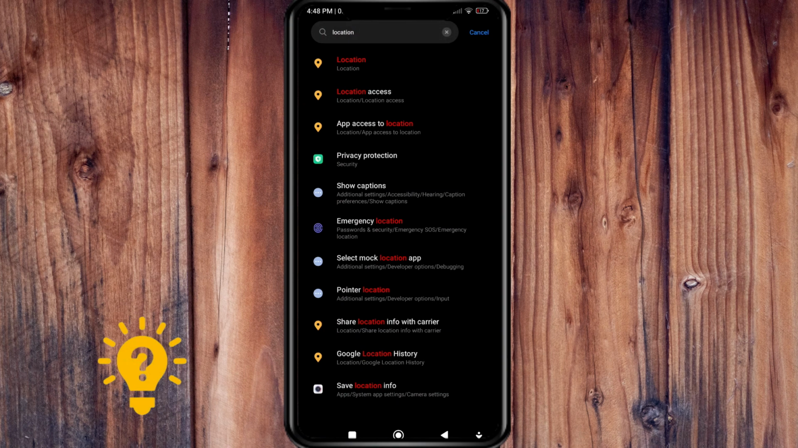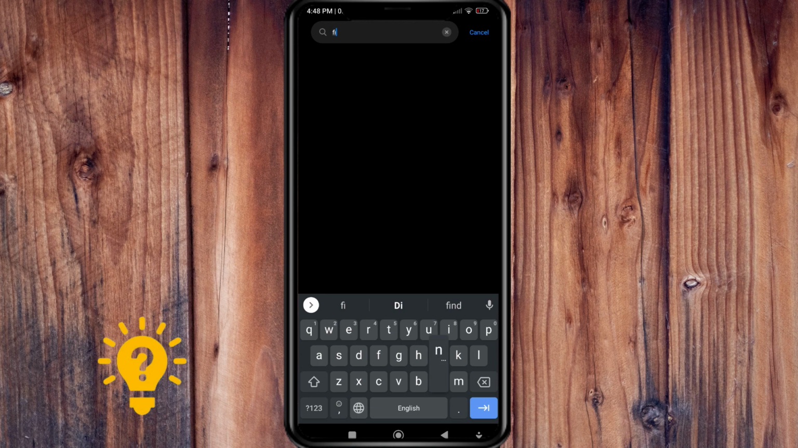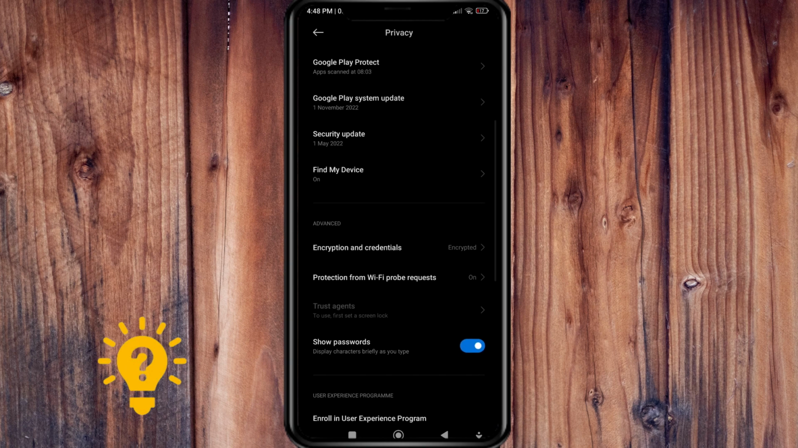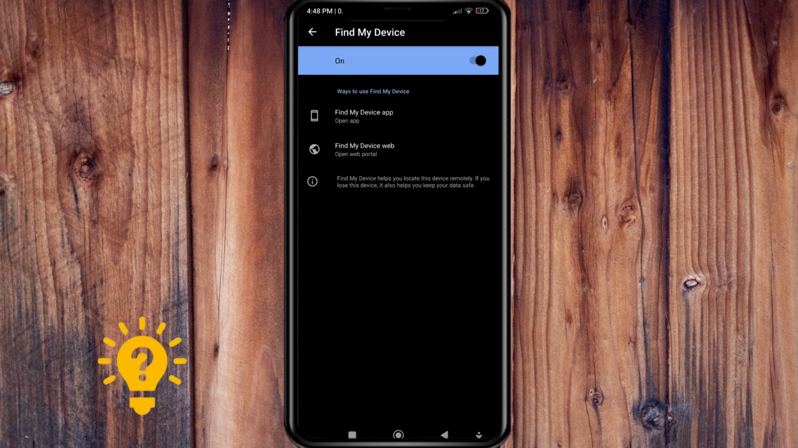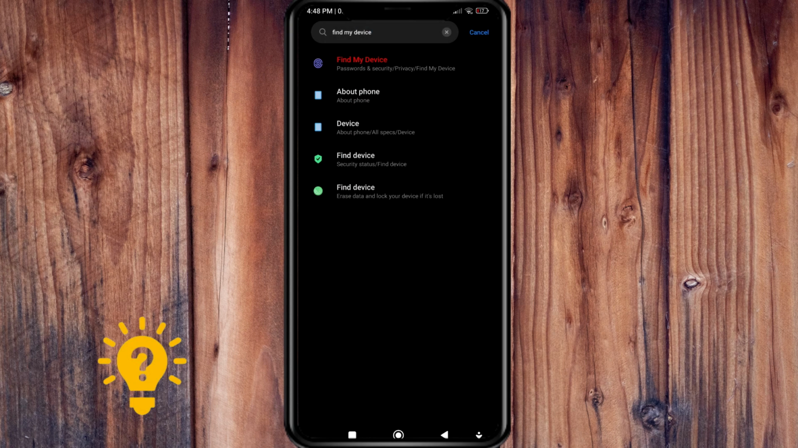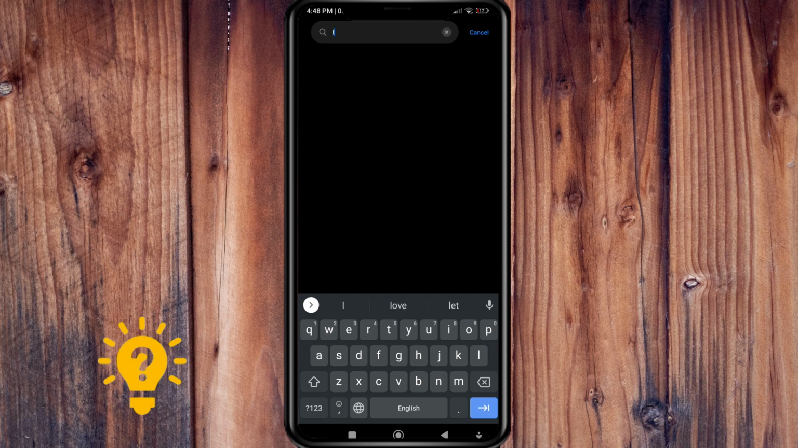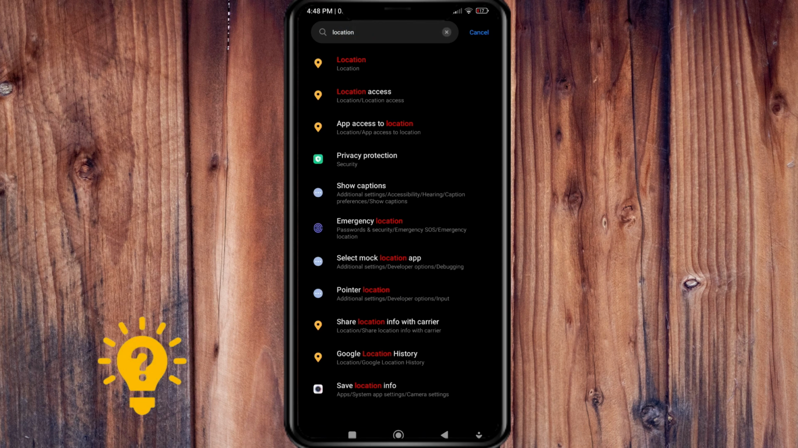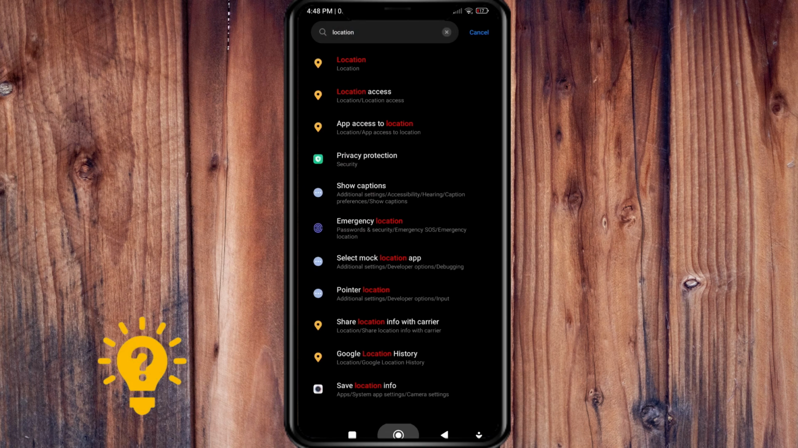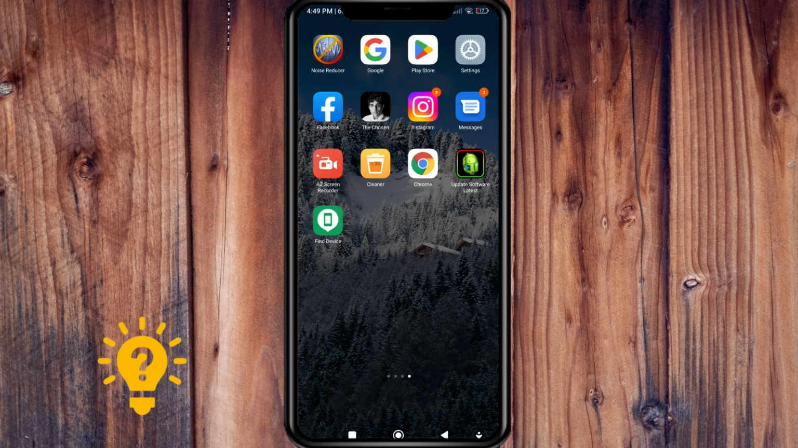So if we type on the search button, Find My Device, so make sure that Find My Device is on. Then your location should be on. You'll just find it in the search bar again and make sure that is on. Then have Google Play installed. Then create a two-step verification backup code if you're not yet signed in and be connected to mobile data or